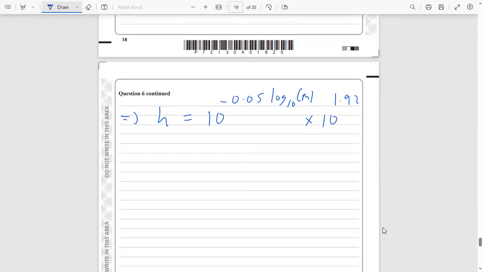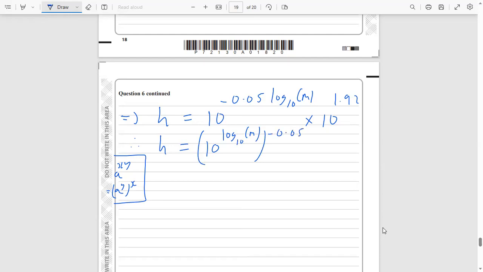Now then, again, let's think about our laws of indices. So remember from our laws of indices that if you've got a to the power of, let's just say, x times y, then that's just the same as a to the power of y all to the power of x. So again, we're going to reverse our laws of indices a little bit. So what we get here is h equals 10 to the power of log base 10 of m, and that's all to the power of minus